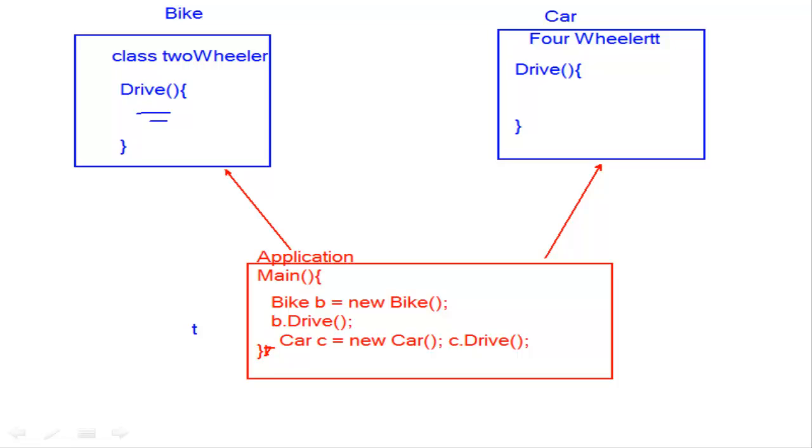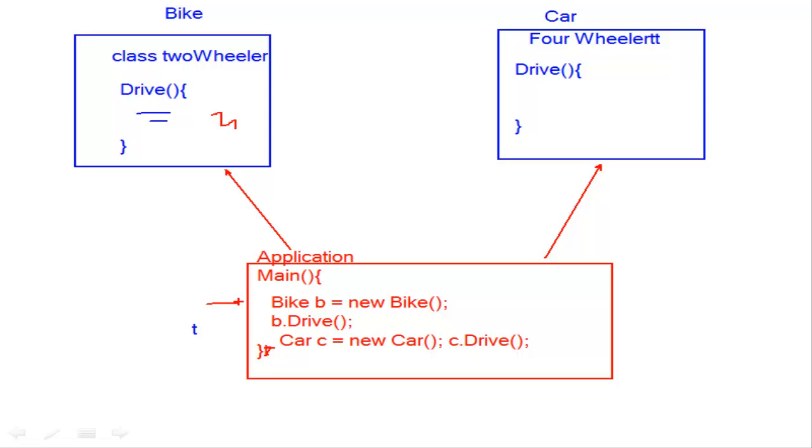So what is the big deal in it? Suppose this class changes, if the structure of this class changes, this will abruptly disturb your class also, because you have something called a strong coupling. You have already studied these two words, coupling and cohesion. What's the difference between coupling and cohesion? In terms of software engineering, there are two words. One is called coupling, the other word is called cohesion.